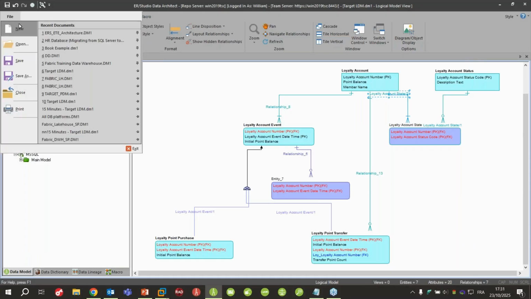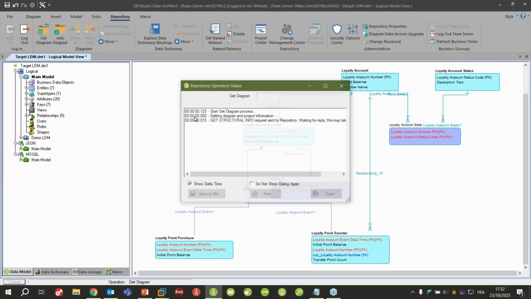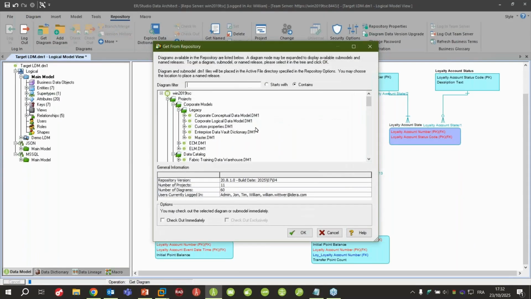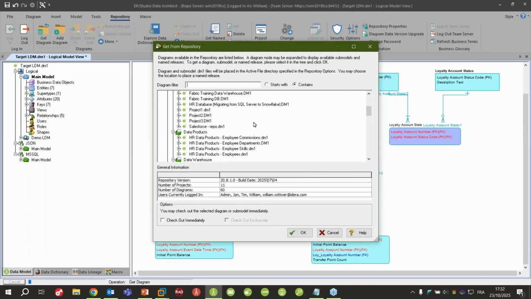We can manage many different projects. So, for example, if I connect to my repository, I can get directly from here a specific project. Like my data architect is connecting to my repository, and from my repository, I can directly get some specific project. So, for example, if you want to migrate from one specific platform to another platform, you can use this specific project. If you are using, for example, Microsoft Purview with different data products, you can also document your different data products within the solution.